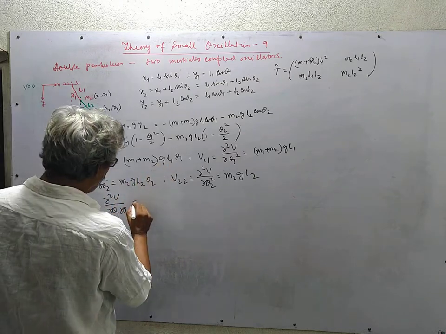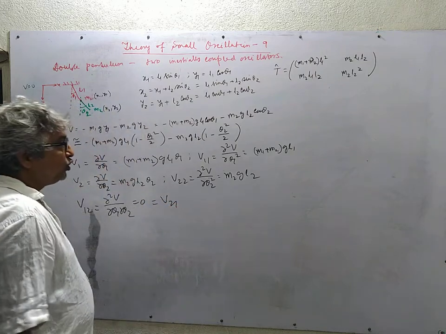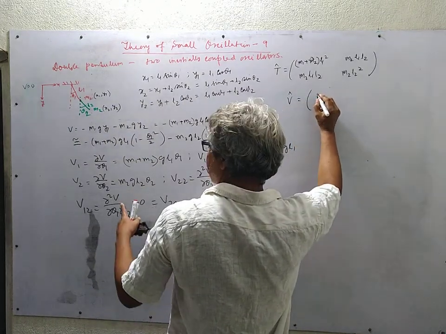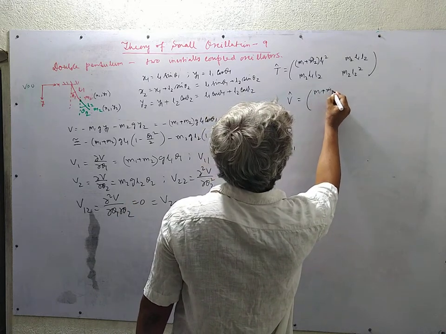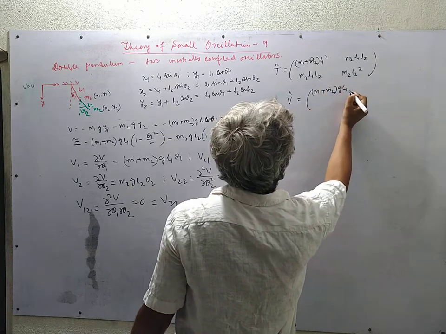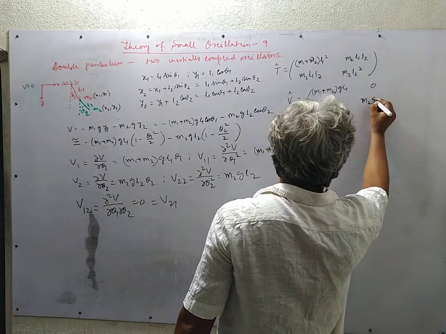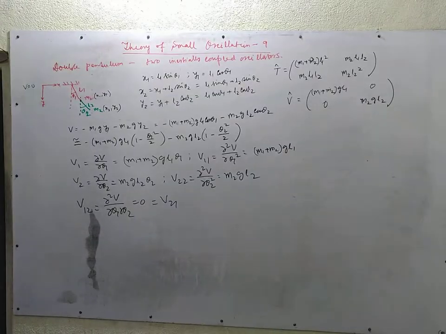This is 0, and so is V21. So the V matrix is a diagonal one, with entries (m1 plus m2) g l1, 0, 0, m2 g l2. We may carry on our calculation with such m1, m2, l1, l2, but as we shall see afterwards,